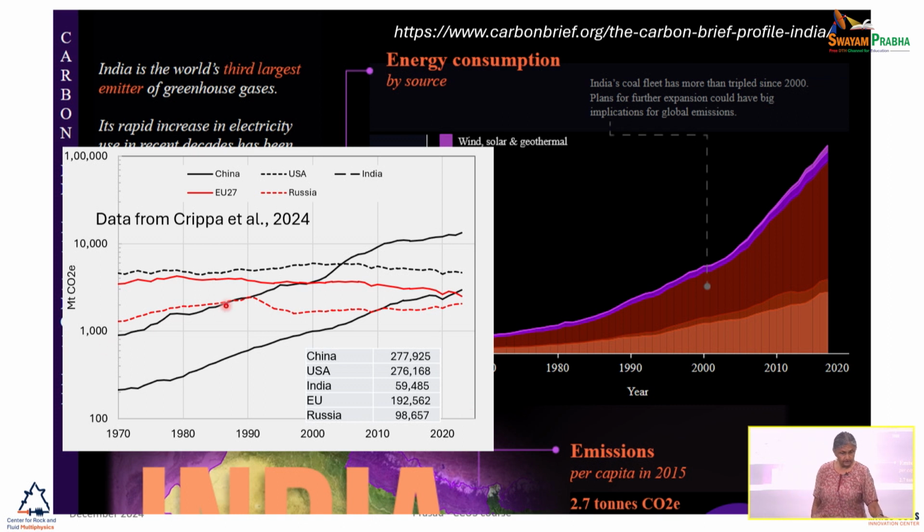The solid line here, that's China. This dashed line is USA. This one here is India. And the other two, this is EU, and out here we have Russia. This seemed a little bit odd, because the numbers were not adding up. Out here we have the total over this span period, and China and USA seem to be about the same.